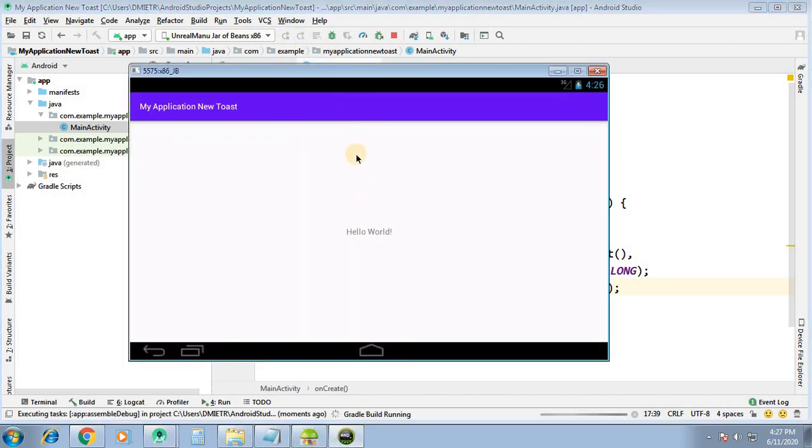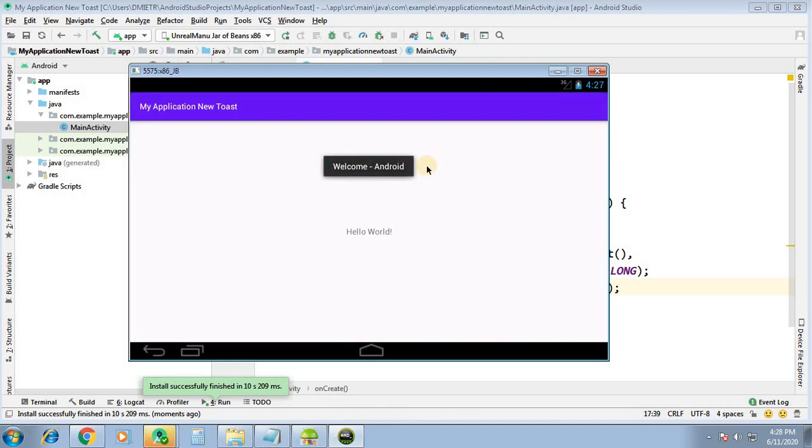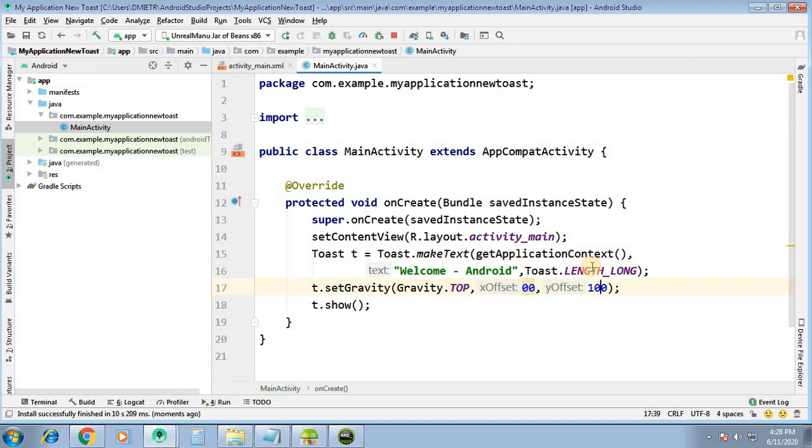The message will come down 100 pixels in the y direction. You can see here, it now comes 100 pixels down in the y direction. So this is what the offsets are.